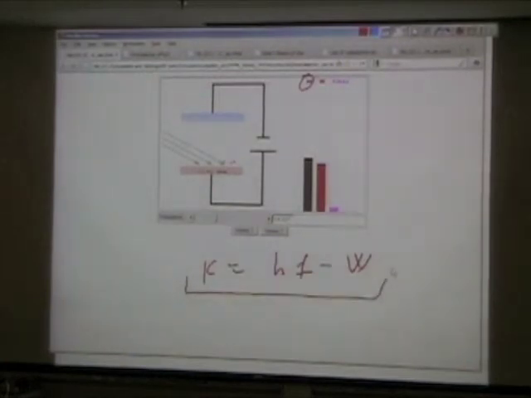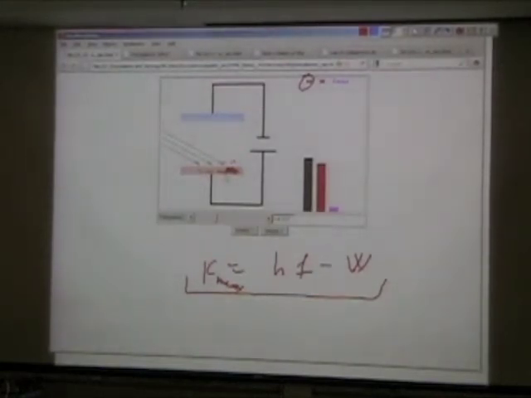Law of conservation of energy, that's it. Well, of course, in general, when electrons are moving away, they don't have to always travel by the shortest distance. They can keep wandering around for a while. So this is actually the maximum value of kinetic energy. Some electrons could lose more energy